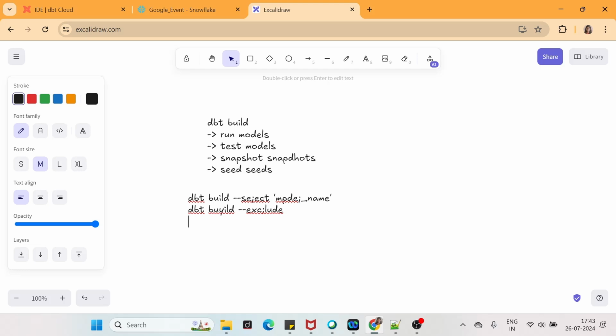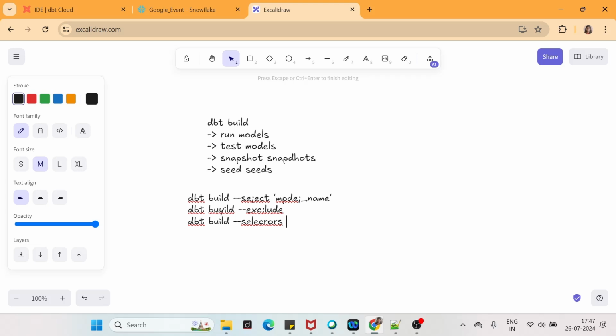Now we have another parameter which is selectors. In contrast to the select command, selectors are predefined. Selectors are a way to predefine what we want to include or exclude, right?